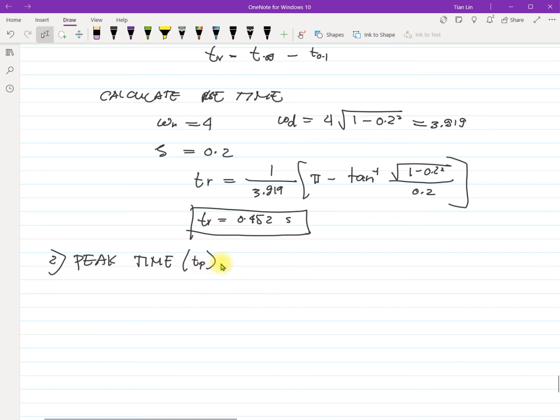So how do we solve the peak time? When we say peak time, that's the maximum value of y. So remember calculus. When we solve for the maximum and minimum value, the optimization part, how do we solve for the maximum value? With